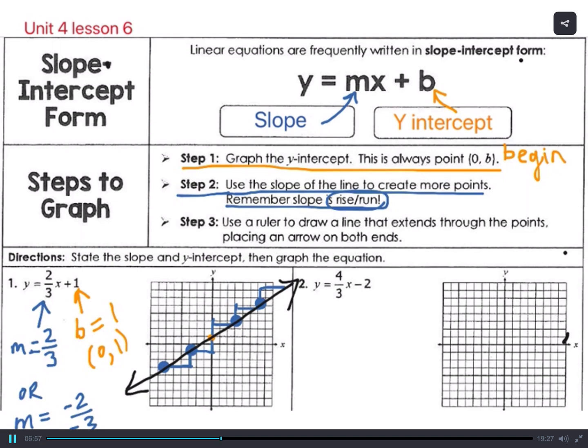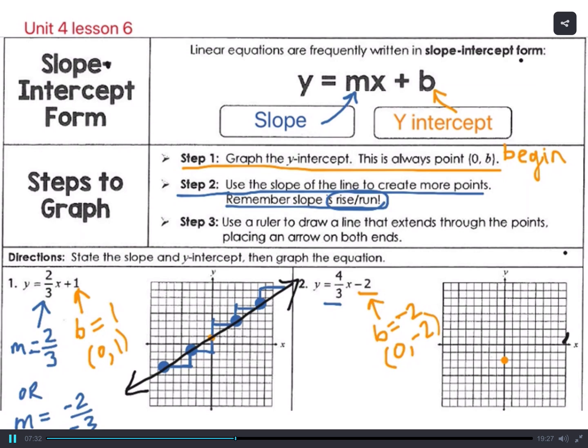Awesome. Let's go and try example number 2. So I'm using yellow to identify all of my y-intercepts. So in this case, b is -2. The ordered pair that I will plot is (0, -2). So 0, and then down 2, and there is my y-intercept already plotted. Let's go back to my